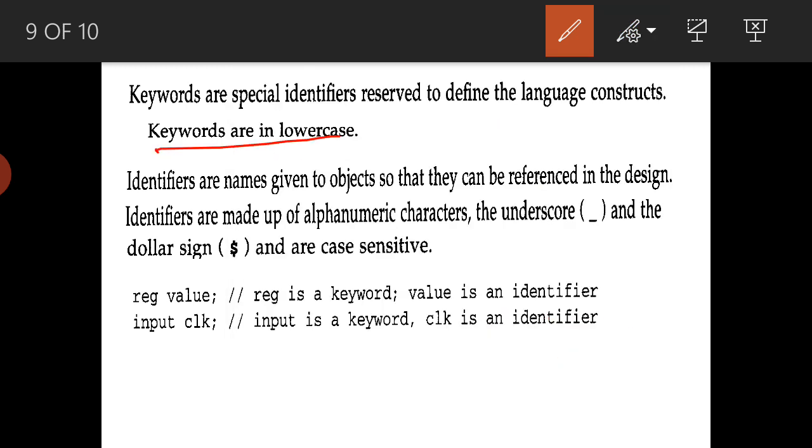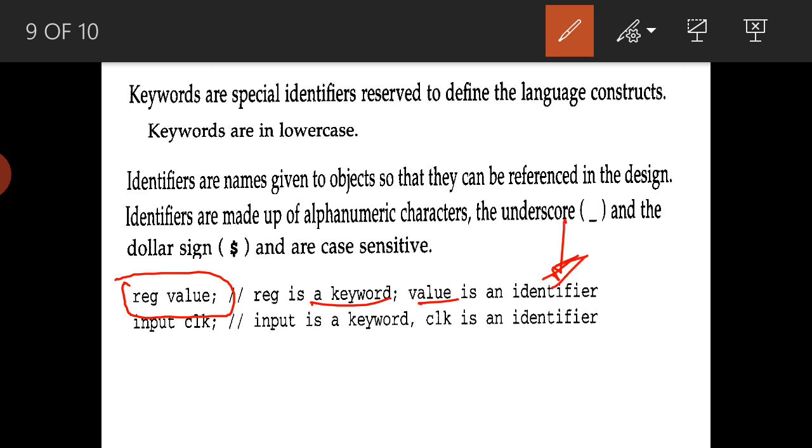So keywords are the special identifiers, and even the library functions we call keywords. Suppose I'm writing reg space value: in this, reg is a keyword and value is an identifier.